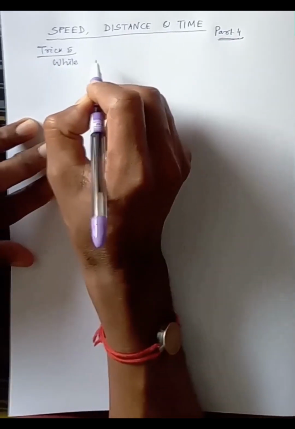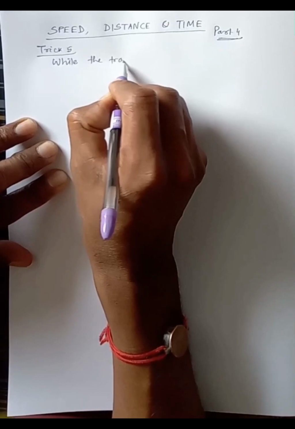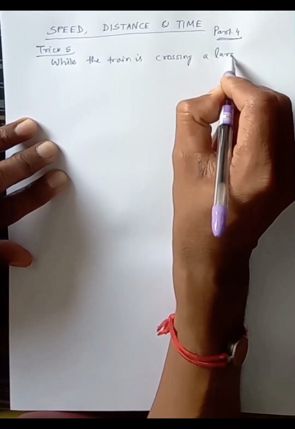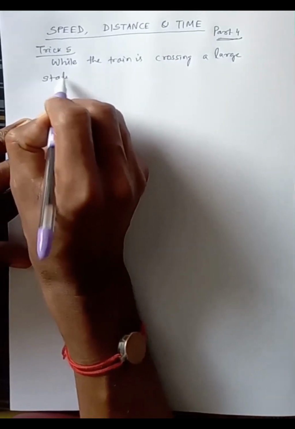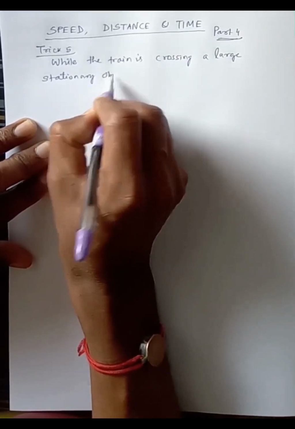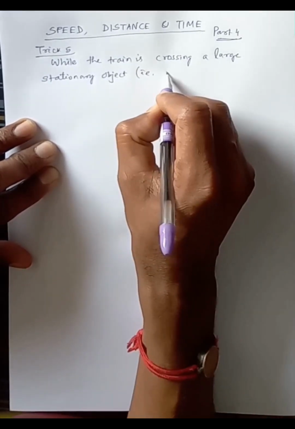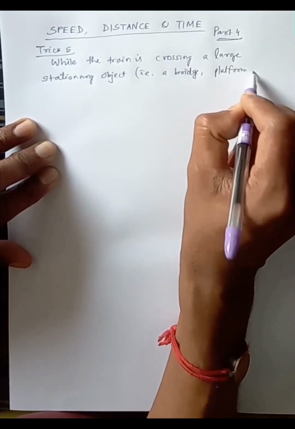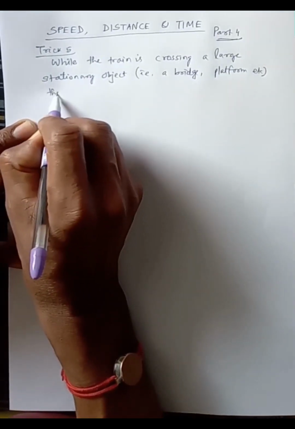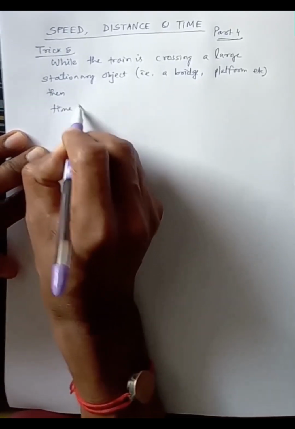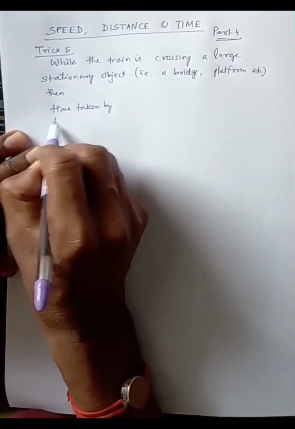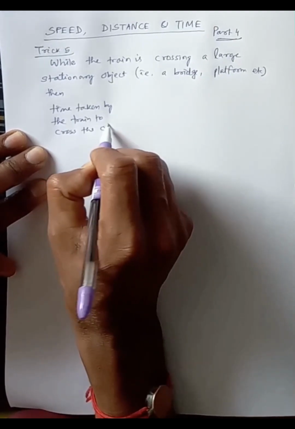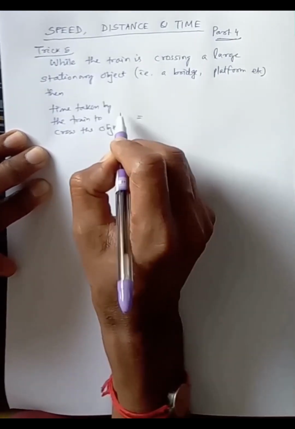While the train is crossing a large stationary object, that is a bridge, platform, etc., then time taken by the train to cross the object is equal to